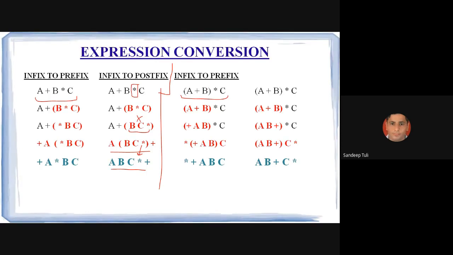Now this expression contains some parentheses. According to the rule, the highest priority is of parentheses. We need to solve the parentheses first, definitely. So a plus b will be converted first. Now we will not look at the operator precedence or associativity. We are going to solve the brackets first. So it will be converted into x equals a plus b.